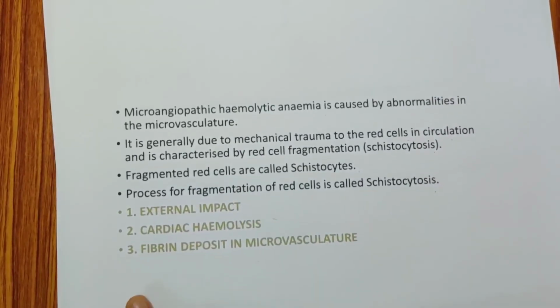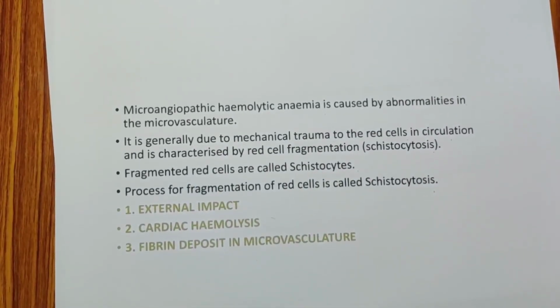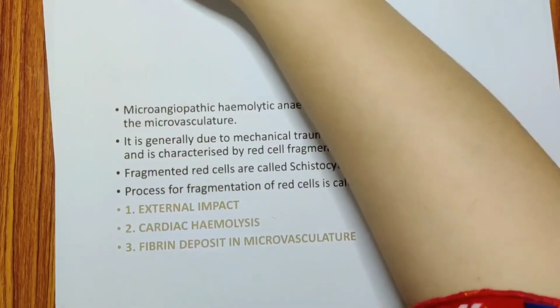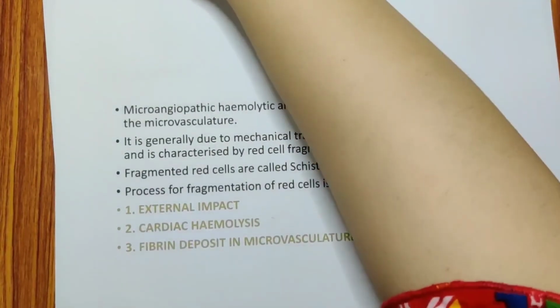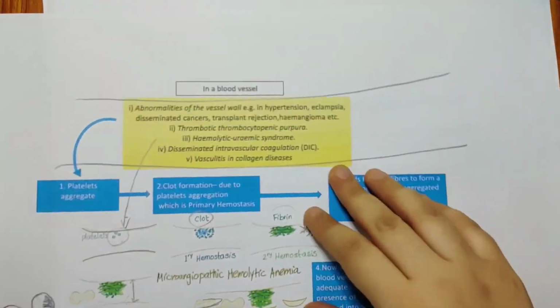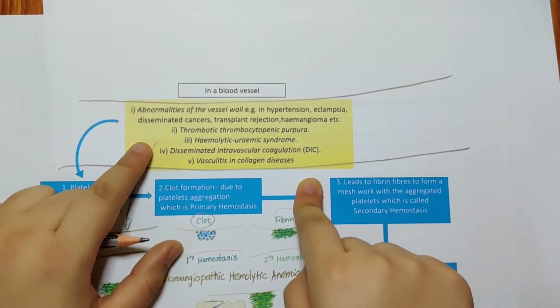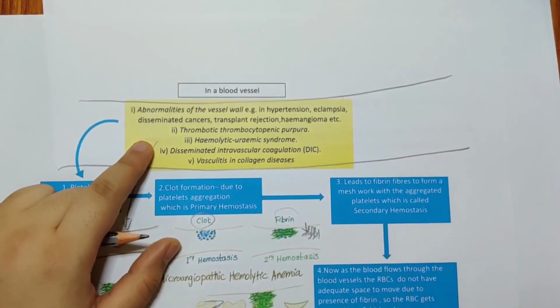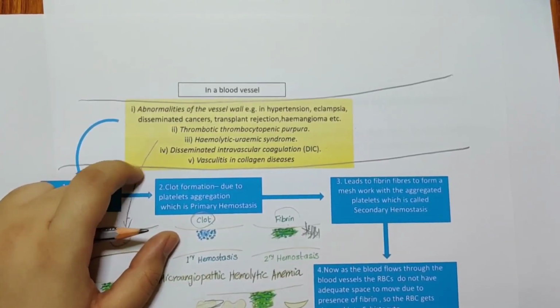Okay. Then fibrin deposits in microvasculature. This occurs because of hypertension and multiple other causes. Okay, I have given the list of multiple causes. I'll just show it to you. See, if we treat all these causes, automatically your RBC destruction will be reduced. The damage to the RBC membrane will be reduced. Okay,